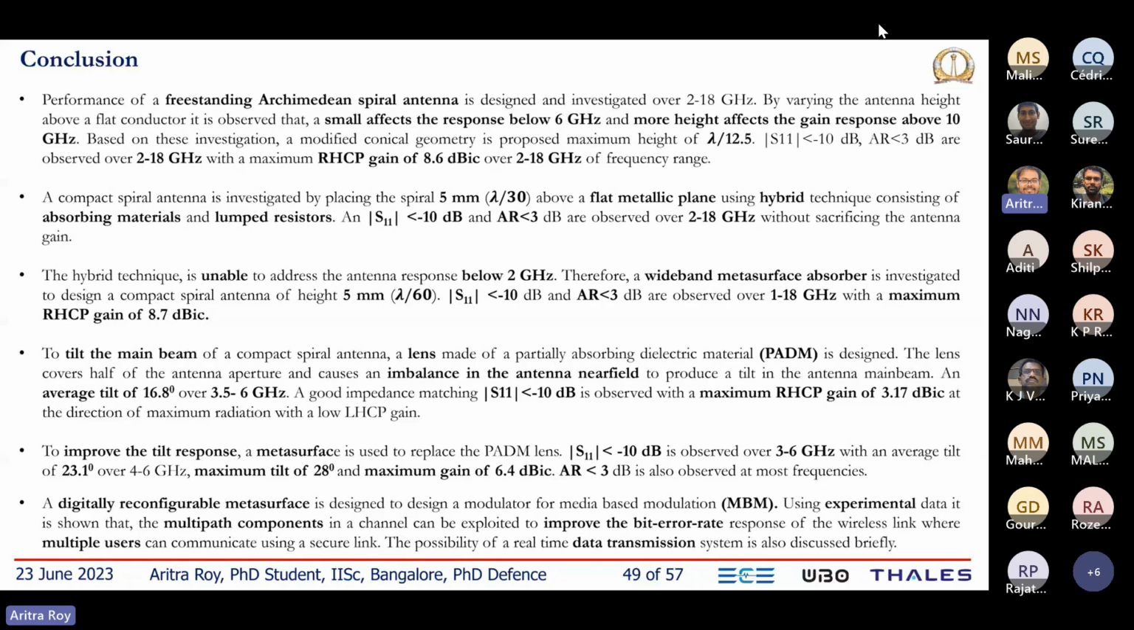In this technique, we have achieved an average tilt angle of approximately 17 degrees. But we have also realized that this is not a planar configuration. So to make this configuration planar, we replace the geometry using a metasurface below the antenna. By doing so, we increase the average tilt angle as well as improve the antenna gain over a slightly wider